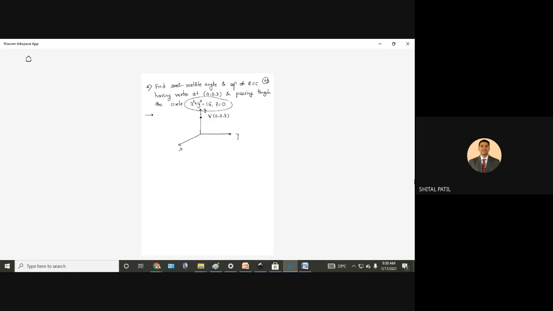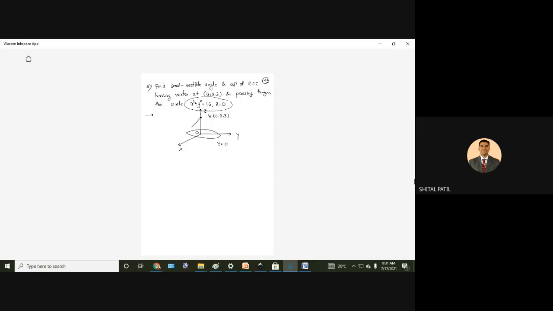Since the circle is in 3 dimension and we can consider a circle anywhere in 3 dimension. If it is 2 dimension only, we don't have to mention anything about the z. But in 3 dimension, we have to mention where the circle lies. So it mentions that the circle lies on the plane z equal to 0. The XY plane is known as the z equal to 0 plane. So on this plane we have a circle x square plus y square equal to 16. So the circle is like this.